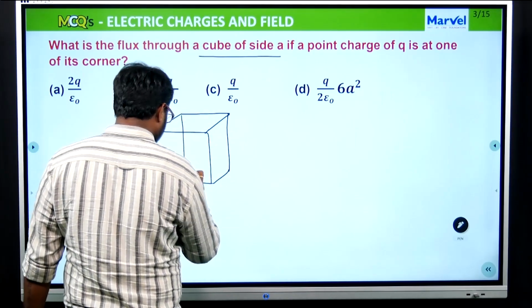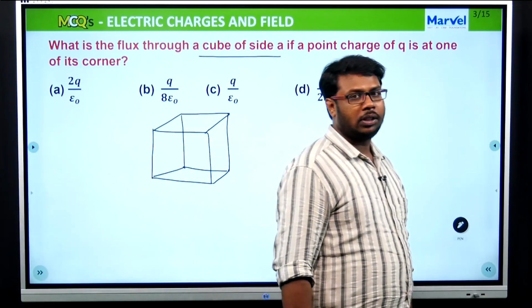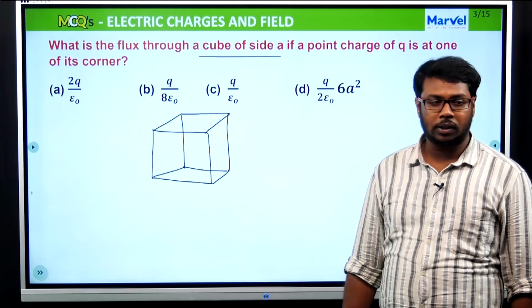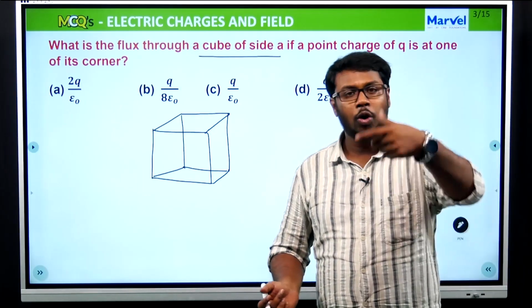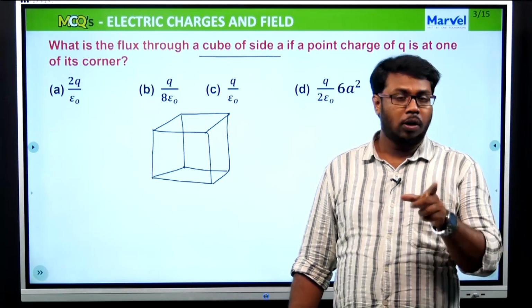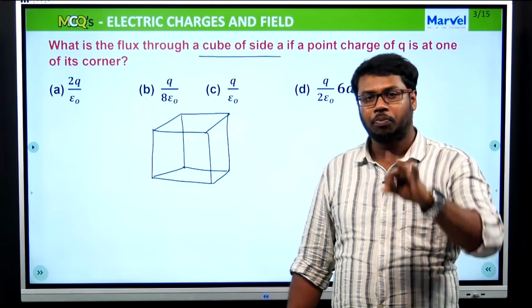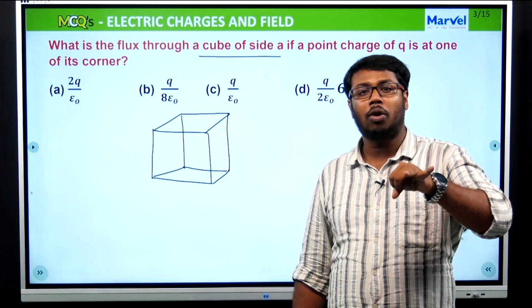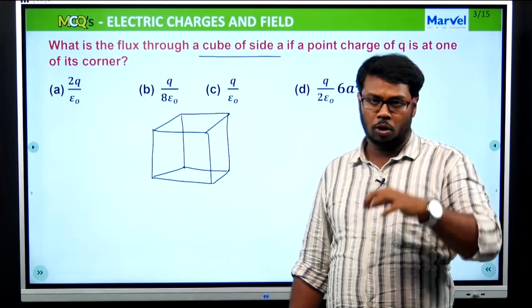According to Gauss law, if a charge is completely enclosed by any volume, the amount of flux that is going to come out of the surface of that volume is equal to Q enclosed by epsilon naught. You should be very precise. You should choose a volume that is suitable to enclose the entire charge, first point. The second point is, if it does so, then the amount of flux that is going to come out of the surface of those volumes is going to be Q enclosed by epsilon naught.